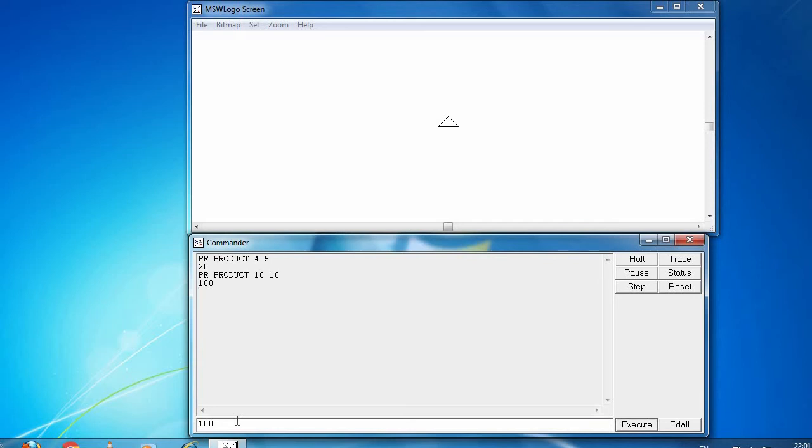Dividend means the number that is divided is called the dividend. The number by which the dividend is being divided is called the divisor.